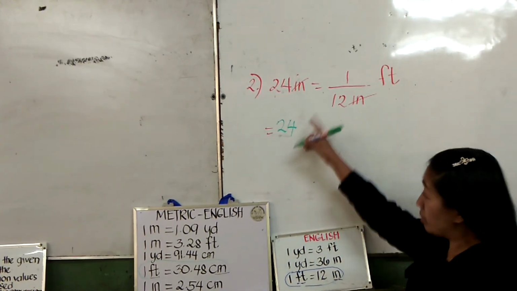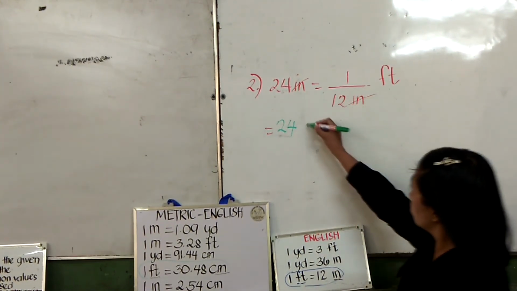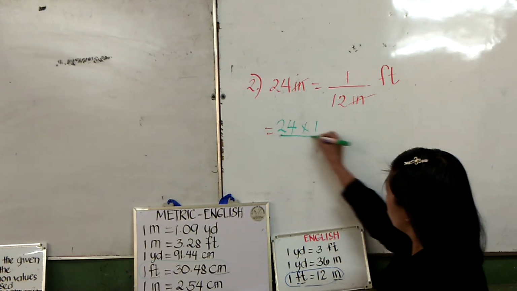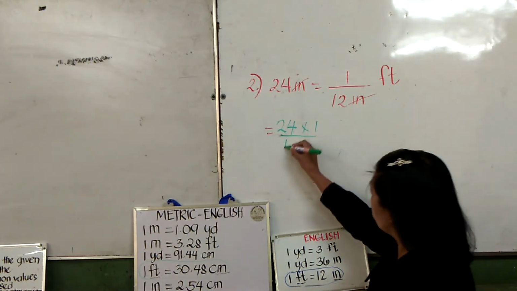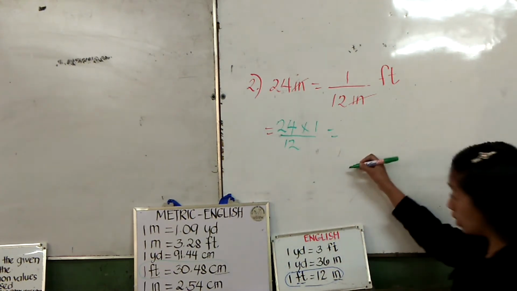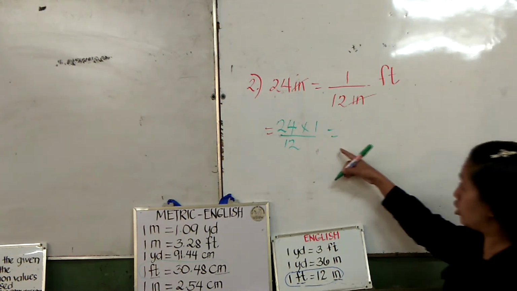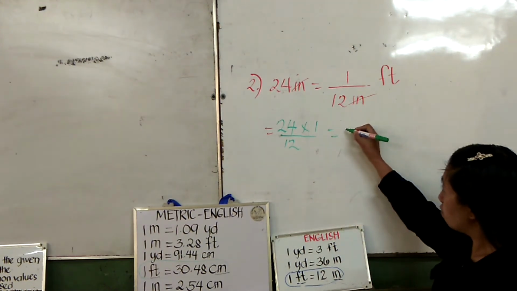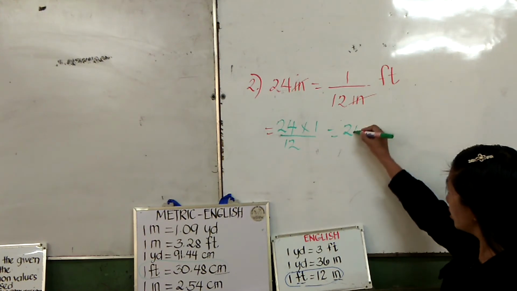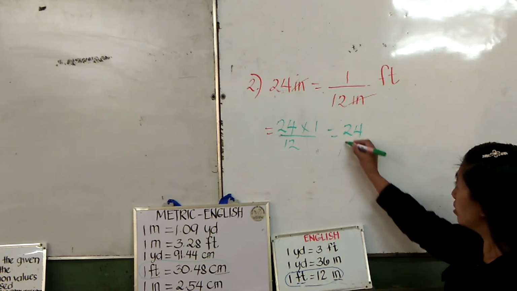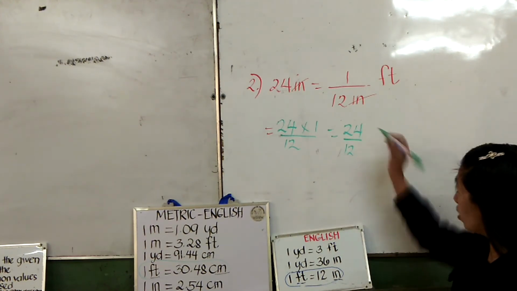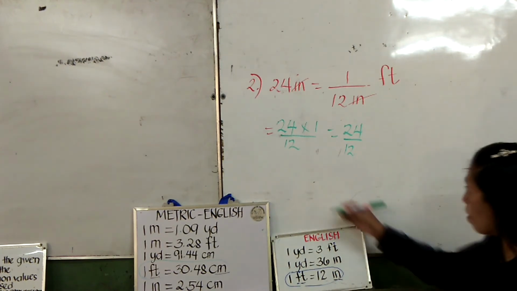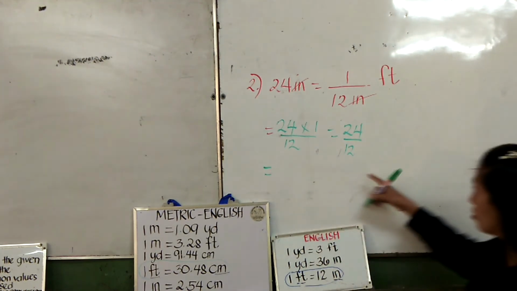We will multiply, so 24 times 1 divided by 12. Okay, then we will proceed to multiplication. So 24 times 1 is 24 divided by 12. Okay, then we will solve